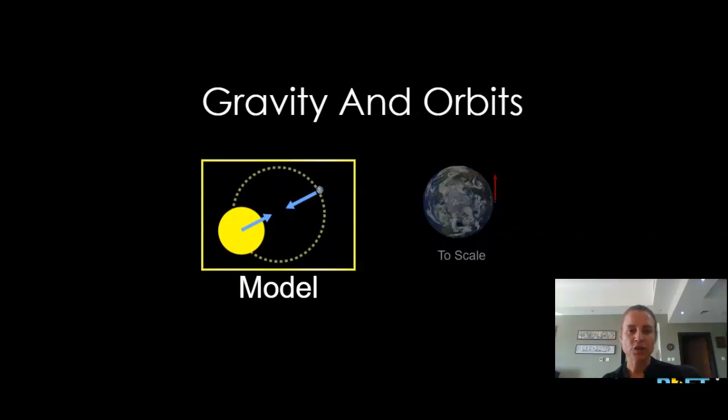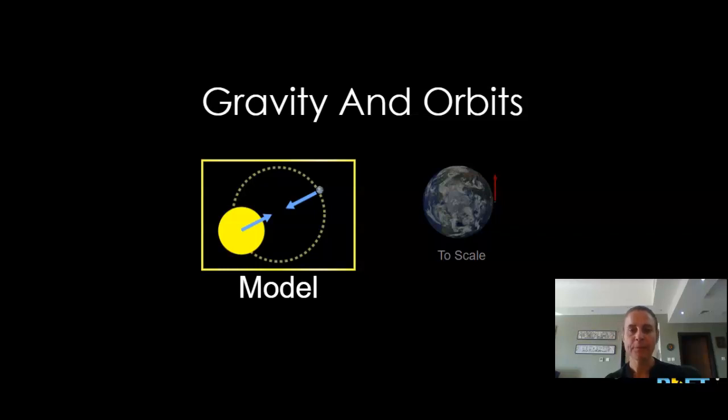So I want you to answer 2 questions this week, and they're all about the length of a year on Earth. My assumption is that you understand that a year is 365 days and that happens when the Earth takes one complete rotation around the sun and comes back to its starting place. So my 2 questions are: what happens to the length of that year if the mass of the sun changes, or the star that's at the center of the orbit, or what happens if the mass of the Earth